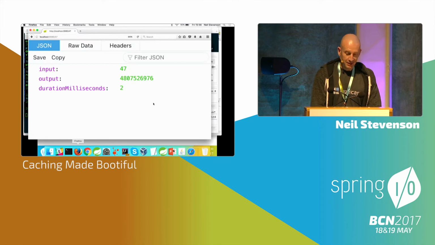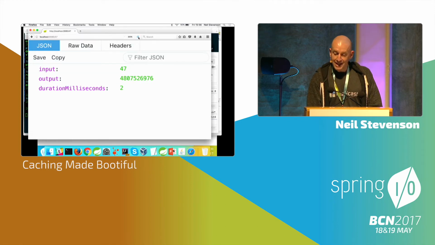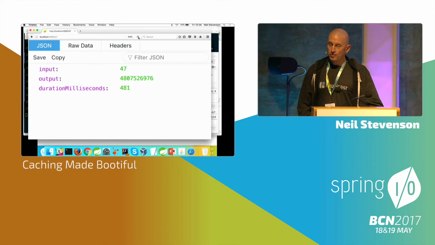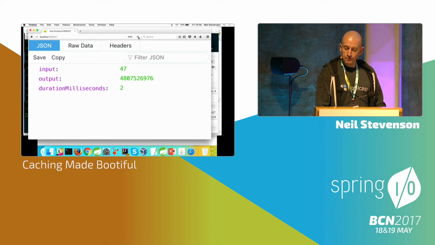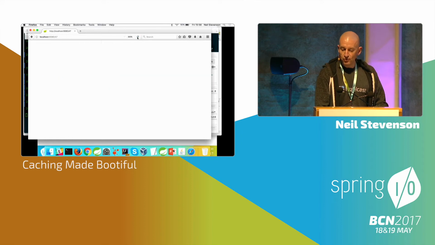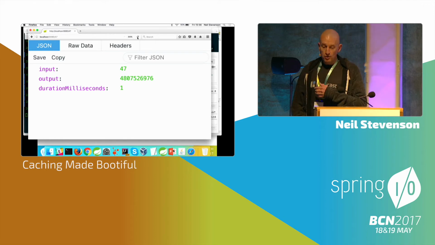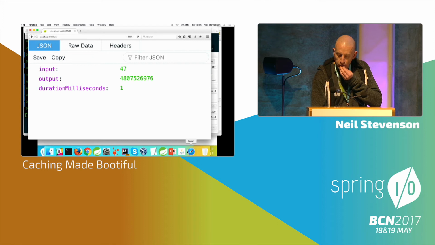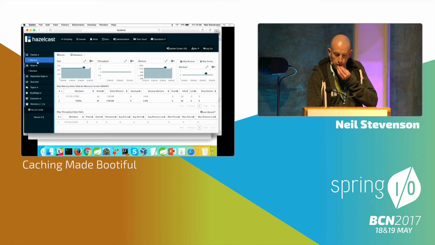Well, I'm happy. So again, this is the first time we've used JCache, 481 milliseconds. The second time it's down to 2. It'll maybe drop to 0, depending on how my machine is doing. It's dropped to 1. We can keep calling it. And if we look on the console, we now have